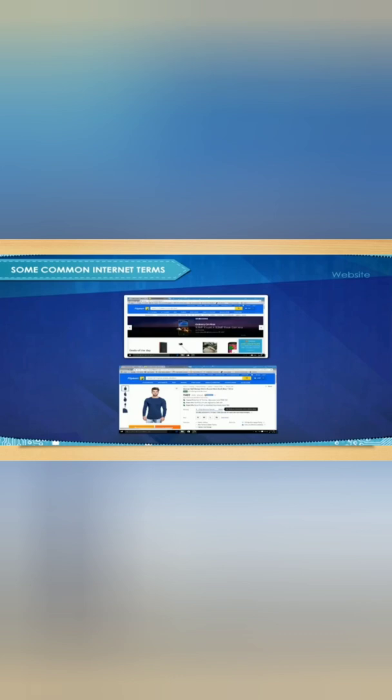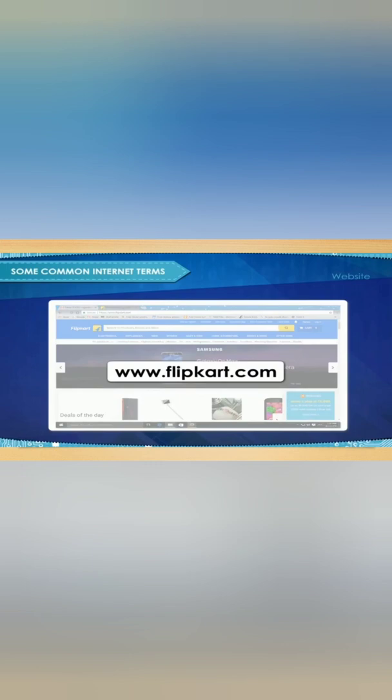Students, a collection of various web pages is called a website. A web page is part of a website, and a website is a collection of one or more interlinked web pages. Each web page or website has a unique web address. See, this is the web address of a website: www.flipkart.com.